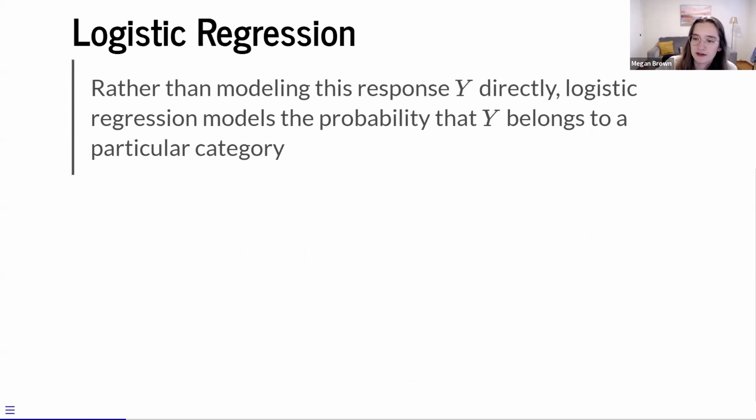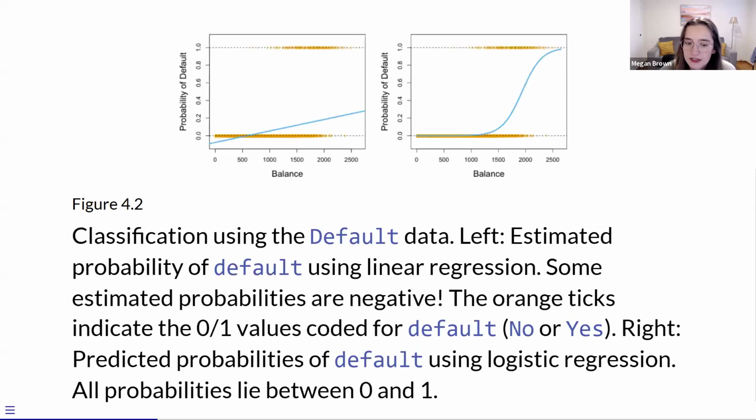In those cases, linear regression won't work. Logistic regression can sometimes be a good option. In logistic regression, we're modeling the probability that the response belongs to a particular category instead of modeling a quantitative response directly. In this image, on the left, you can see